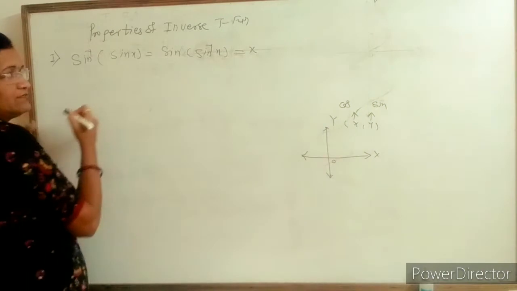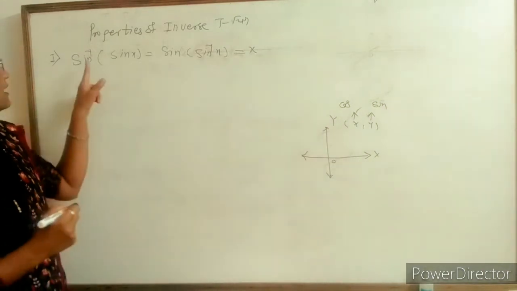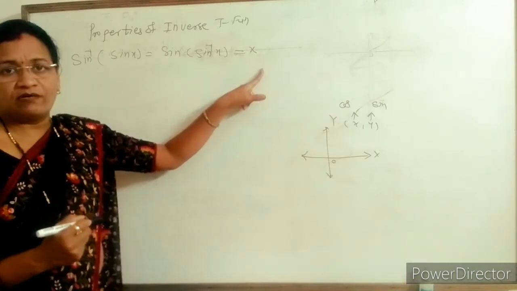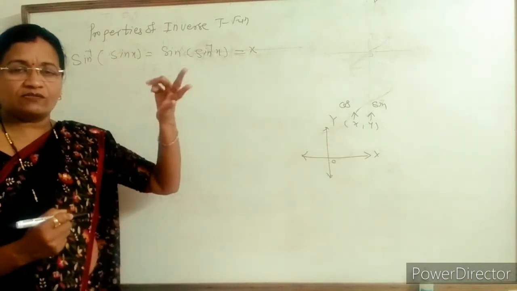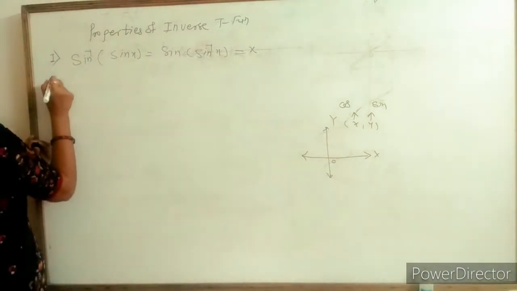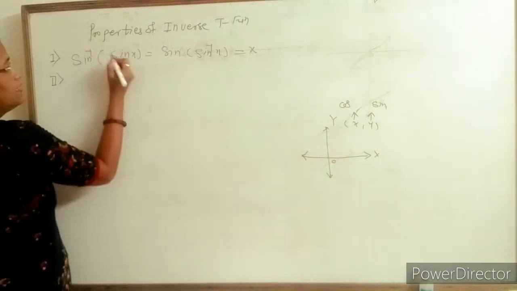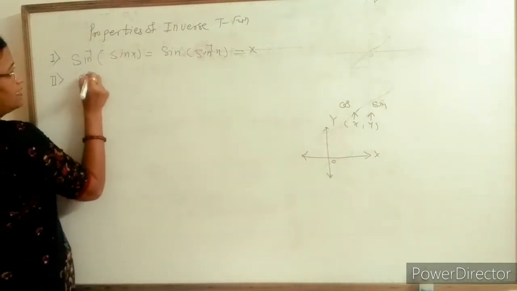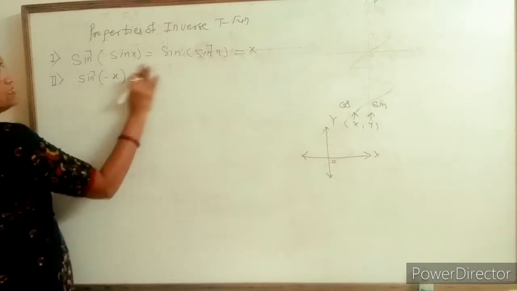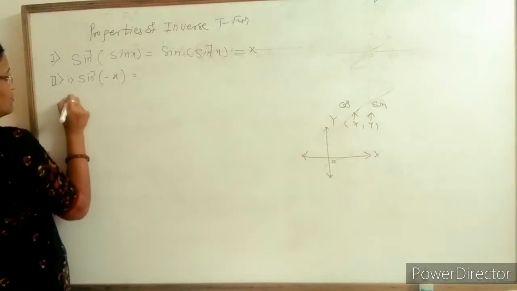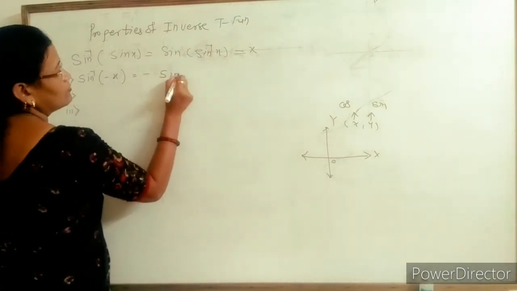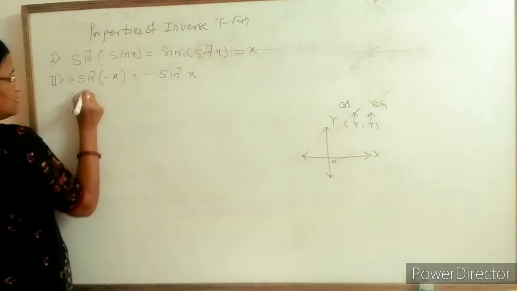to x. Proceeding in this way, we take all 6 properties: cos inverse of cos x equal to cos of cos inverse x is equal to x. Likewise, tan inverse of tan x, cot inverse of cot x, sec inverse of sec x, cosec inverse of cosec x. Now from the second, we take the negative concept. Here in total we take 3 properties which are identical with each other: sine inverse of minus x is equal to minus of sine inverse x.